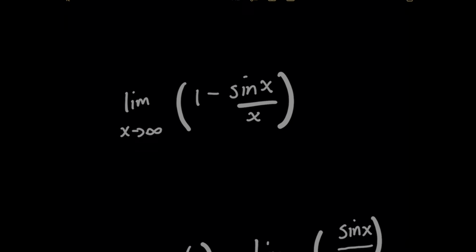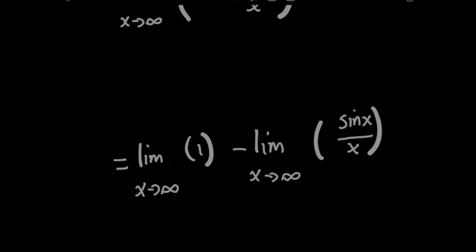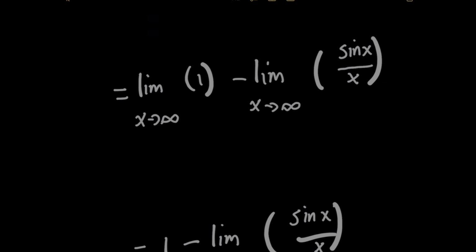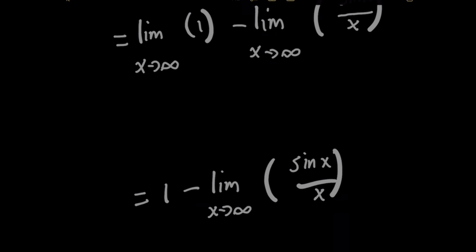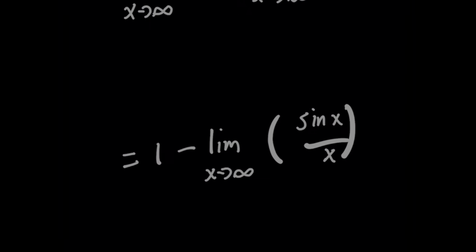Now, this becomes a difference of two limits. We can write this as two separate limits, right? And we know that the limit of a constant as x approaches infinity on the left here is just a constant. And this limit on the right, it's a little bit different from my other video for squeeze limit where the x approaches 0. Here it's approaching infinity, but I'm going to leave it as an exercise to you guys in the comments below to tell me what the answer is going to be for this limit. And as a hint, think about the denominator growing without bound and having a fixed range for